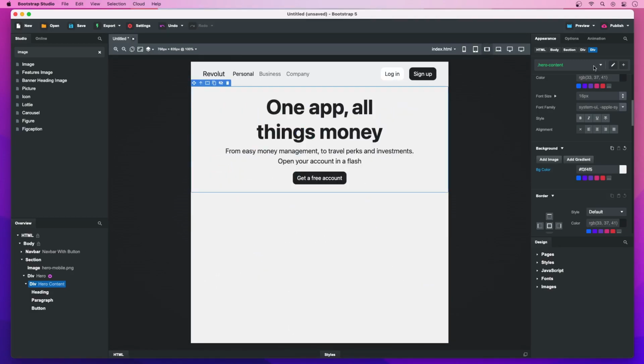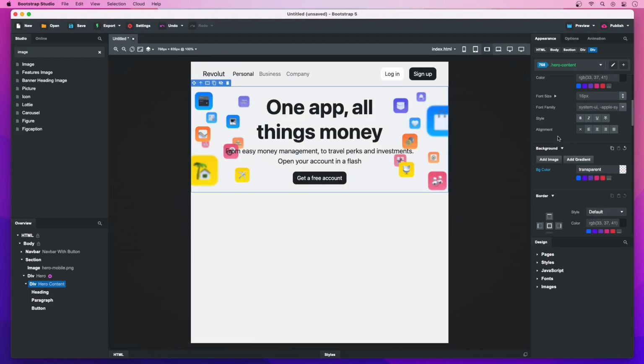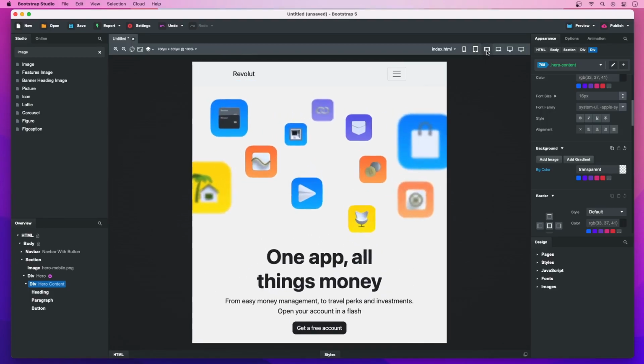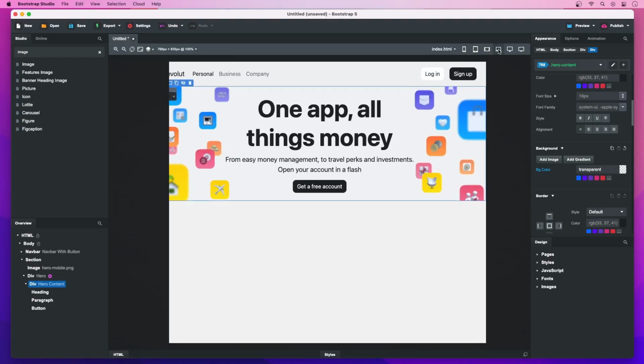Add a new CSS block with a media query. The app will automatically fill in the current breakpoint size, so the block applies to this screen width and higher. Now set the background to transparent. Here's the result. The page switches seamlessly from a static image on small devices to a background animation on large